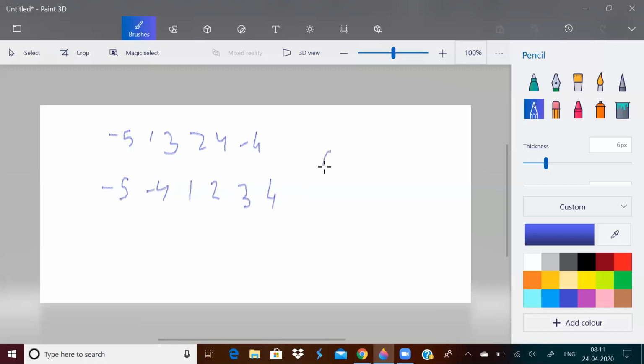-5 minus 4 mod is 9. -4 minus 3 mod is 7. 1 minus 2 mod is 1 only. So the answer we get is 17. You can try to permute this array in any other way, but I don't think you will get a sum greater than this. So essentially that was the only thing in this question. Sort the array and find the absolute difference between smallest, largest, second smallest, second largest. So our loop will run until we have compared all the corresponding pairs. After that our loop will break and we will print the sum.